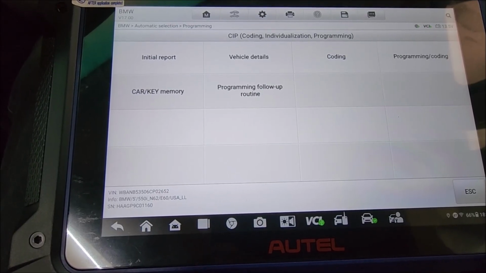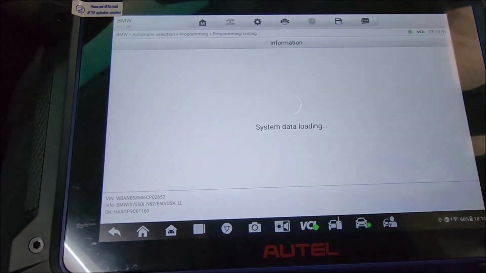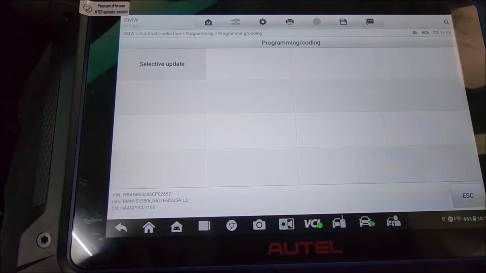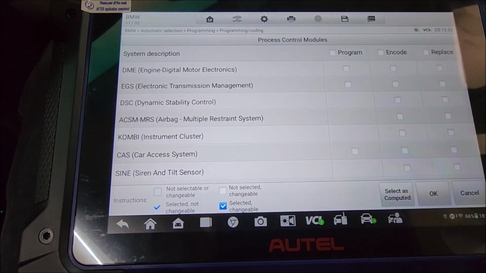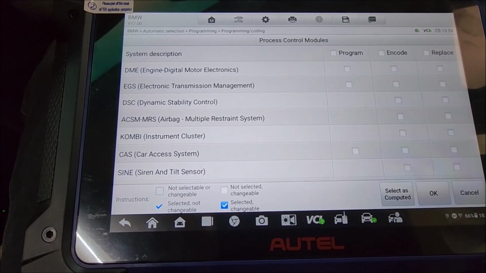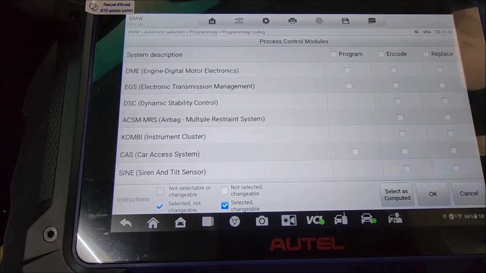So we go with the programming and coding, and this will be selective update, and our target is the EGS,